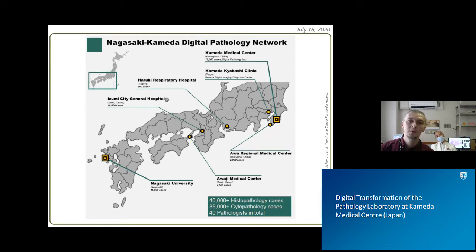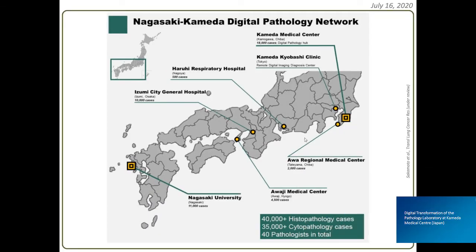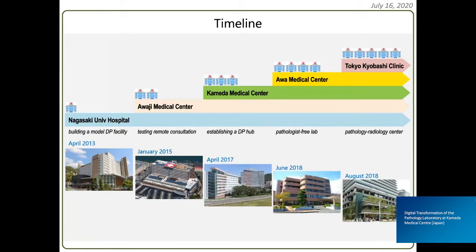It connects an academic institution, Nagasaki University, here on the left, with a large-scale medical center where I'm located at the moment, Kameda Hospital, here on the right, and there are several independent or affiliated centers in between. The longest distance between our two major locations is more than 1,000 kilometers, and here you can see our annual load at the moment. But we are dynamically developing, so if I make this presentation next year, there will be a different composition.